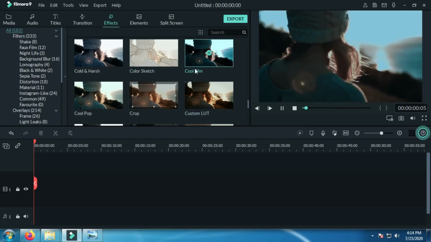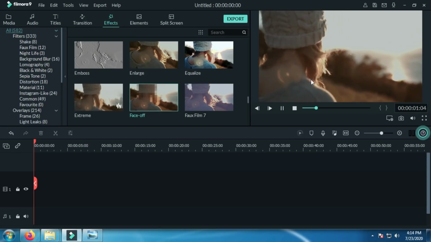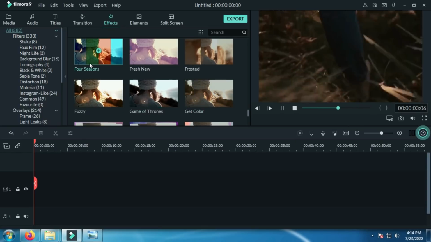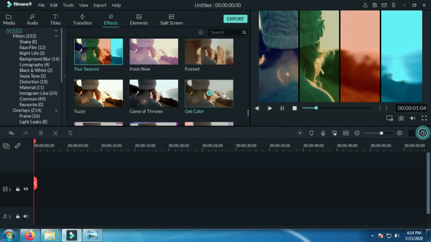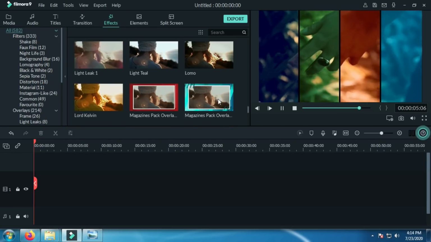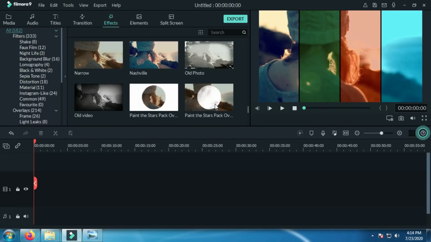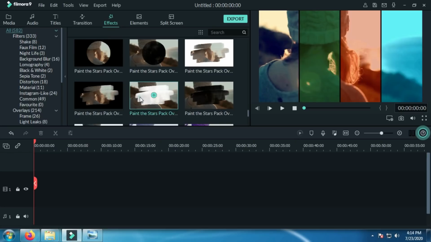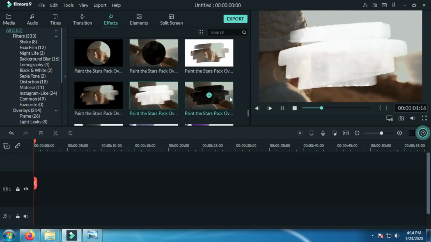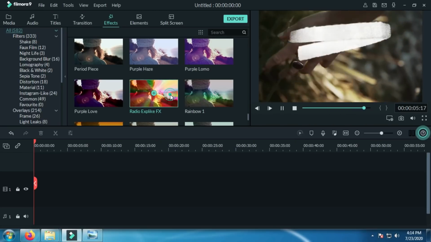This one is a blur, charcoal, a cool film, custom LUT. This one is cool film effect, face off. So it will give blur effect on your face. Harry Potter, mirror effect, mosaic full, paint the star pack.